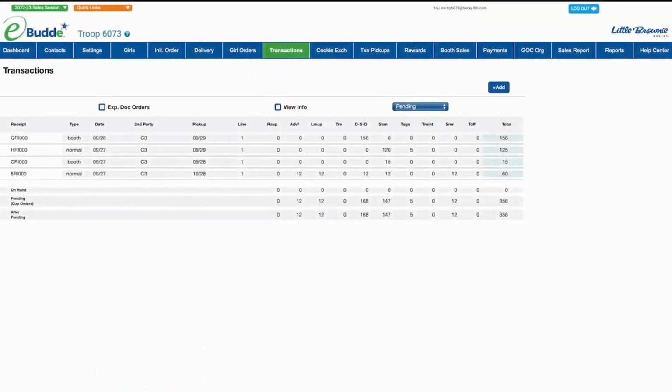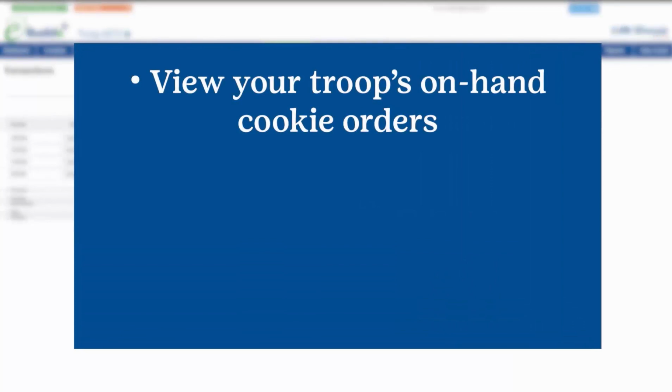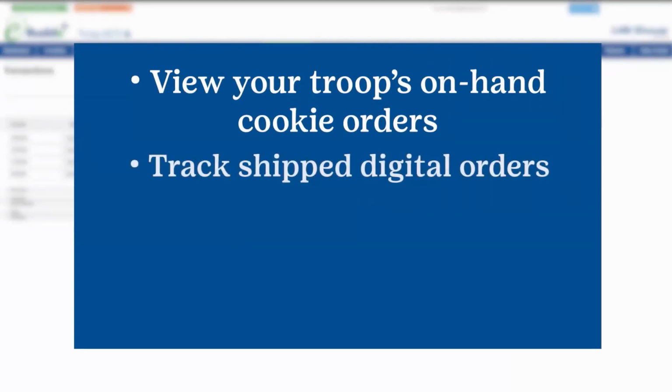eBudde's transaction screen is where you can keep track of all the cookies your troop and Girl Scouts are financially responsible for this cookie season. You can also add or remove cookies from your inventory by creating new transactions. You use the transaction screen to view your troop's total on-hand cookie orders, track digital orders that are shipped directly